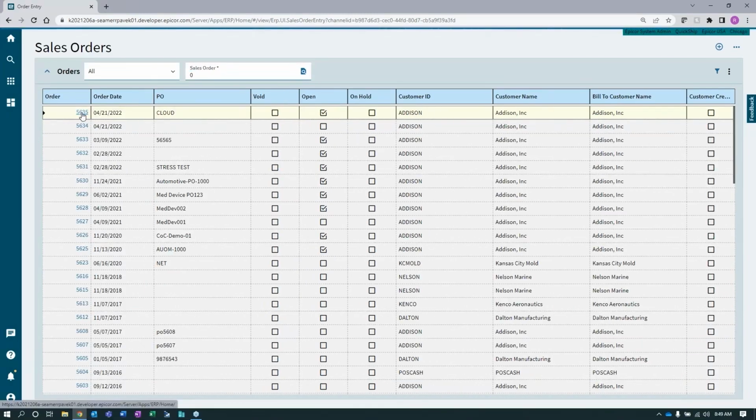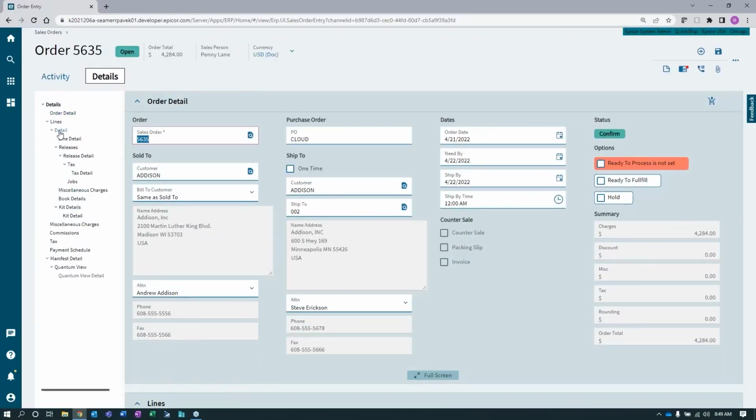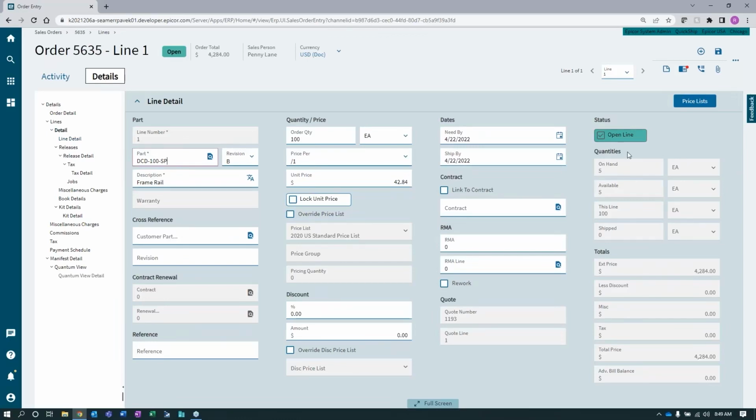Now, there's really nothing else in today's flow that I'm going to go into on order entry, except for going into the specific line details so I could get a little bit more information. I can see what quantities I may have on hand. So let's say, hey, maybe I have enough of these on hand. The system's just going to tell me, hey, pull these out of stock if the part is set up that way. But since there's not enough here, obviously,